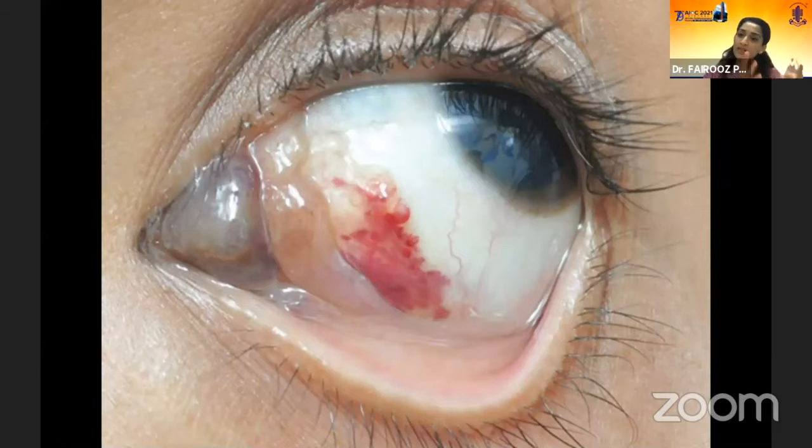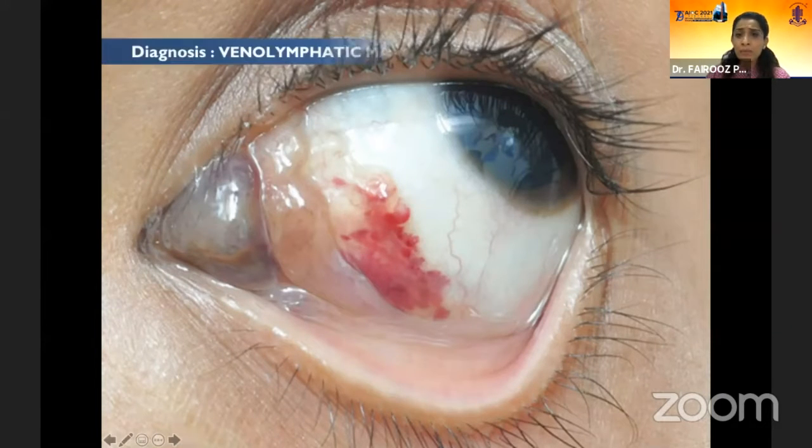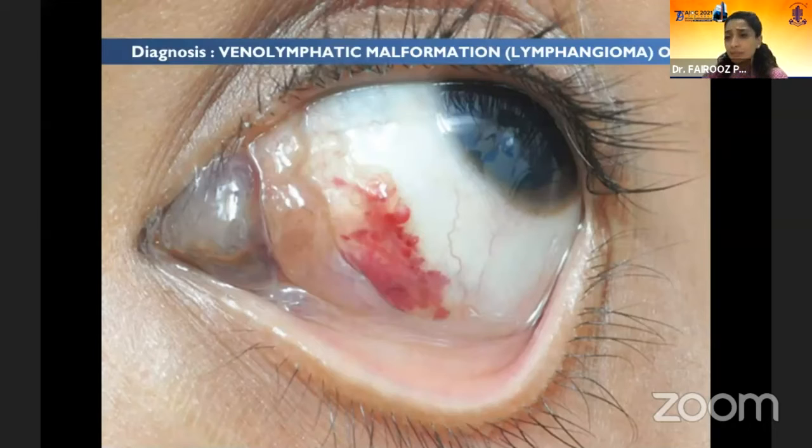Now, going from transparent lesions without color to colors, here we have a lesion with three colors. In the center you have something kind of transparent. Then temporally you have a reddish lesion and a violaceous lesion present in the caruncle. So you have a lesion with varying colors, and this usually is a lesion which bleeds, as you can see here, the blood vessels and the blood. This is how a venolymphatic malformation can present. Usually they present in the orbit, but it can also present in the conjunctiva.